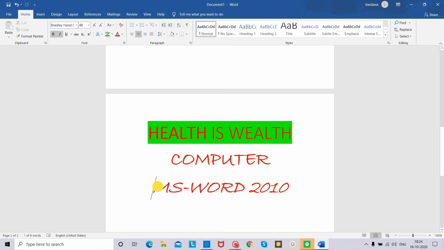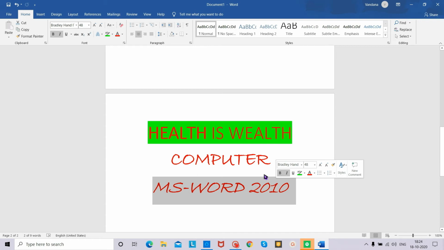I have taken this text, I have gone to the Home tab, then I have clicked on U. You can see in the font group U is there, that is used for underline. So your text will be underlined. Okay, so this is how you can make the text underlined. I suppose you all are getting my points.